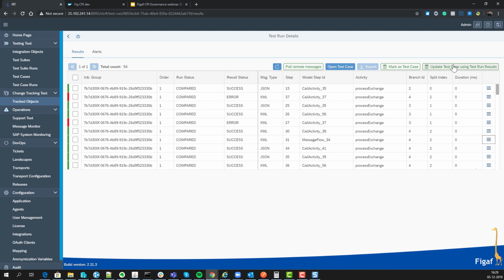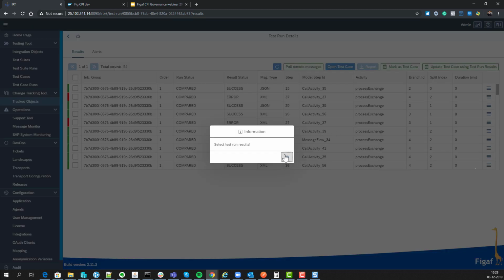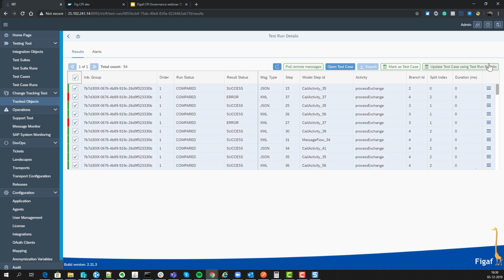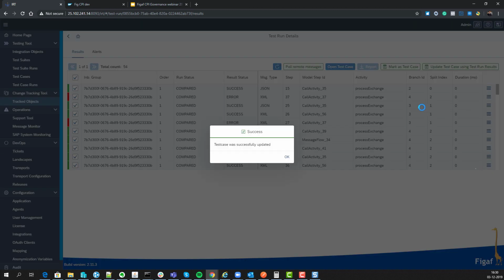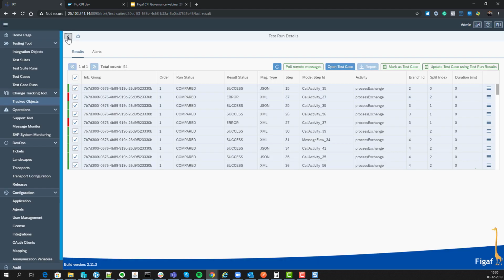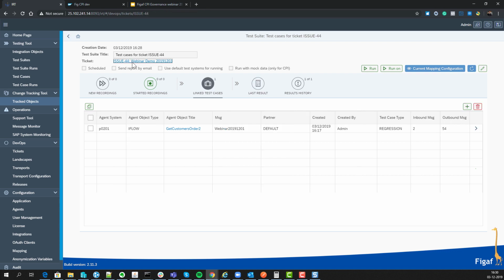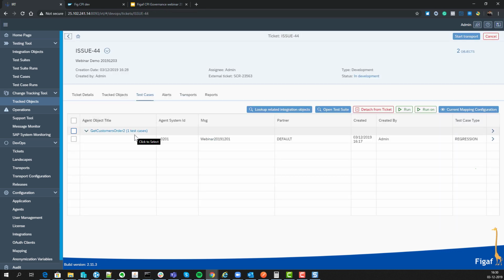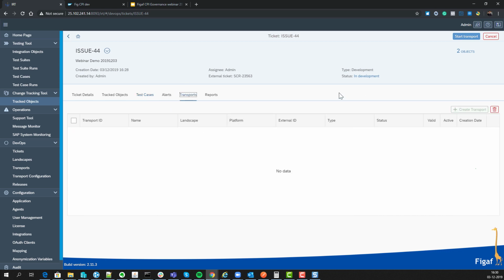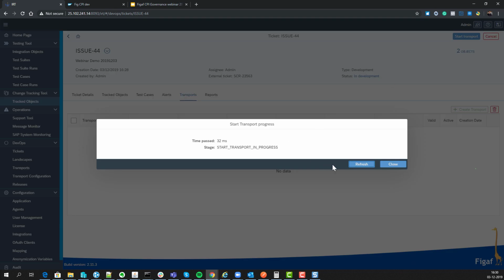So we can say, okay, now we got a new scenario. We know that this is the new normal, and we can then just select our test cases and say, now this is our expected result. So once we run this, this is what we expect as output. So now we have documented that we have made a change to this scenario. Everybody is happy. We can then start our transport, and